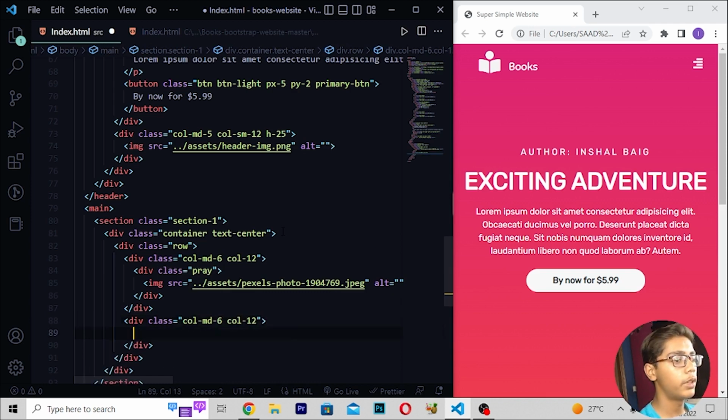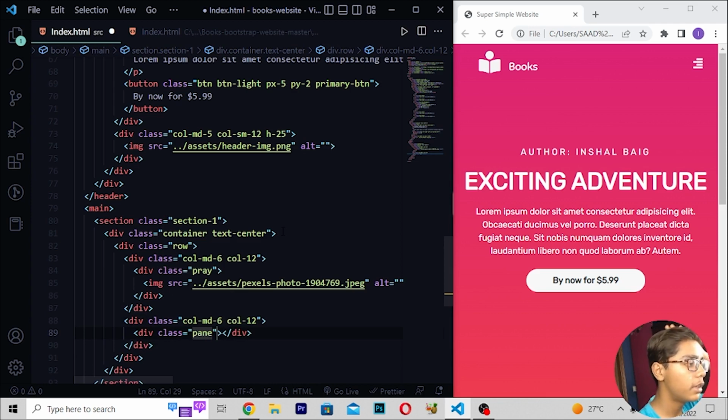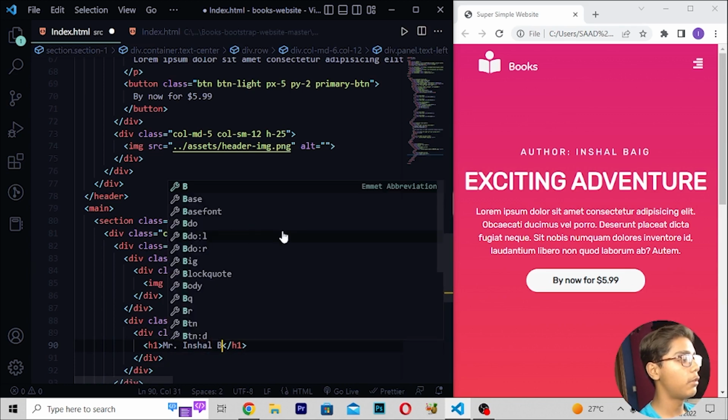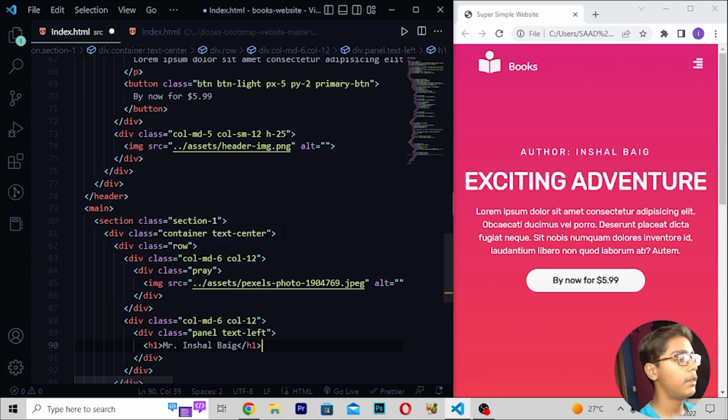and you have to move down right here div class panel, and then when you've written this, here I will be now writing text left like this. Then you have to move down, right here h1, write Mr. Then you can write here your name also if you want to write. I am writing my name. Then you have to just move down, right here p tag class.